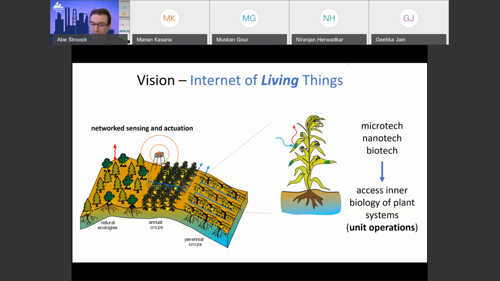So within this, my engagement is at the scale of building the nanotechnology, microtechnology, biotechnology that allows the internal biology of the plant to be expressed outward and digitized, and allow us to first understand, build models of essentially the unit operations of plant life, so that we can work towards a place where parts of agriculture at least can become engaged in the Industry 4.0 level control and optimization.